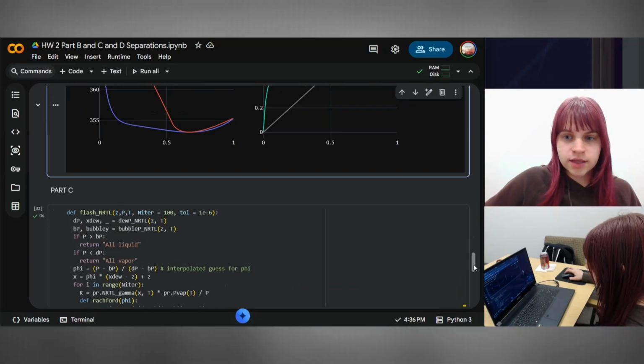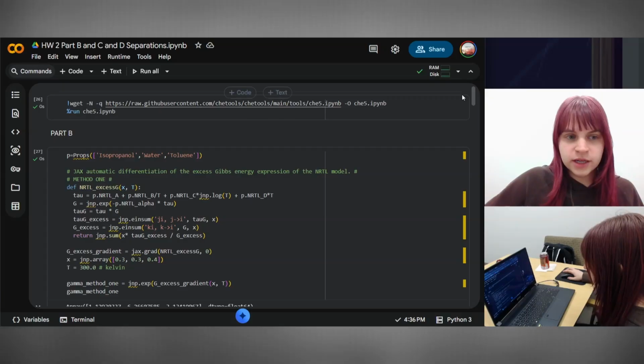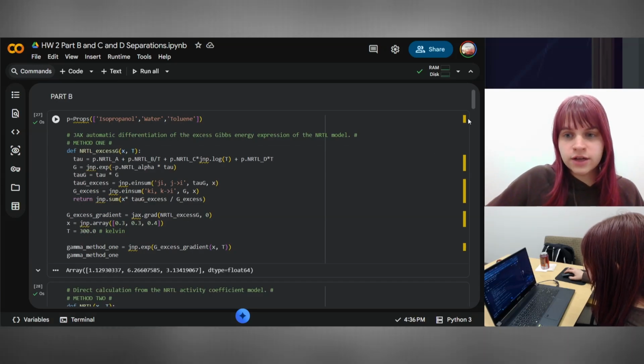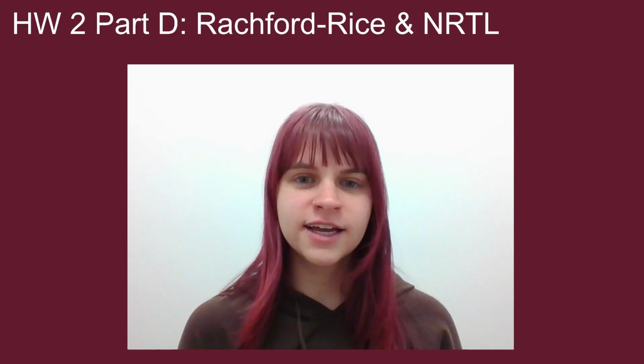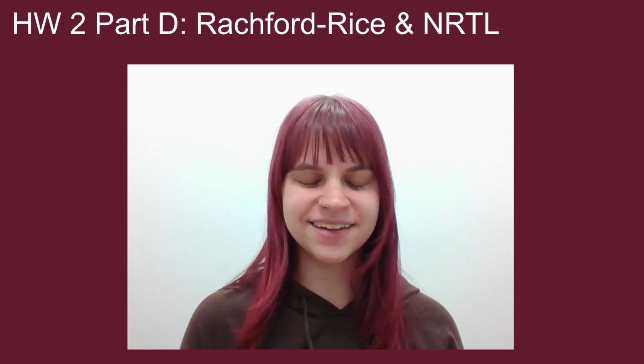And yeah, this homework was 4 parts, but we had these 3 parts together. We covered the Rachford-Rice equation as well as the NRTL model, getting into some more non-ideal situations. And I went over everything that we went over in these parts, but homework 3 will be